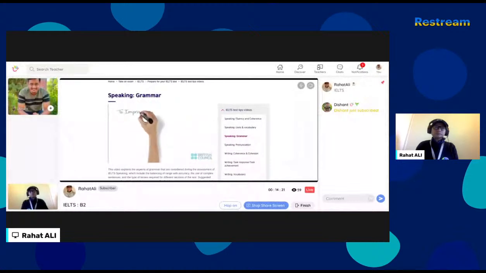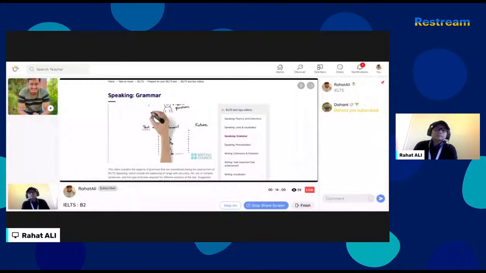To improve your grammar, take these steps. Be prepared. Make sure that you know the speaking test format and what type of questions to expect in each section. Many tasks in Part 2 of the IELTS speaking test relate to the past, so you most likely use past tenses. Ensure you know the past tenses of common verbs.